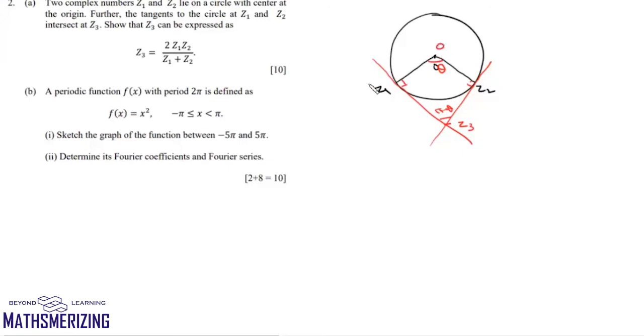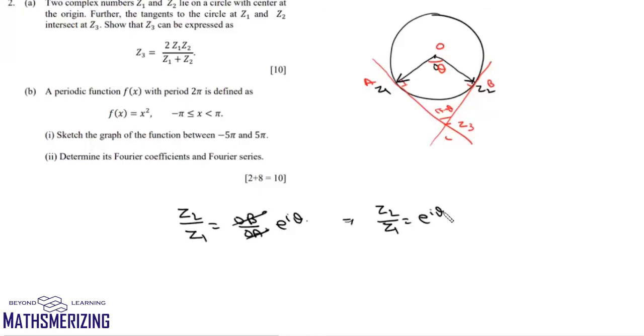Now this is suppose O, A, B and C. Now first we'll write rotation for these two vectors. We can write z2 upon z1 as OB upon OA into e to the power iota theta. Now OA and OB, they are same, they are radius of the circle. We can write z2 upon z1 as e to the power iota theta.